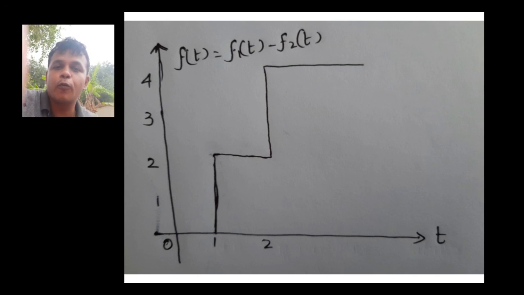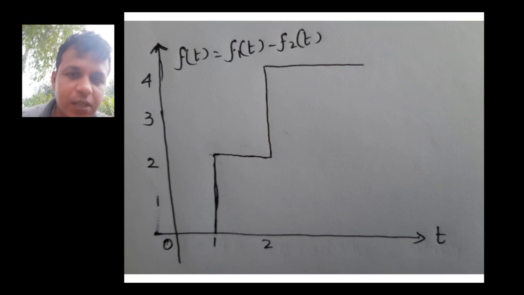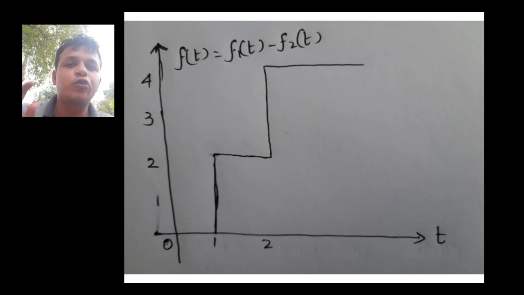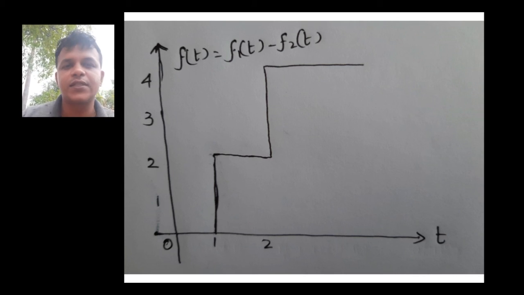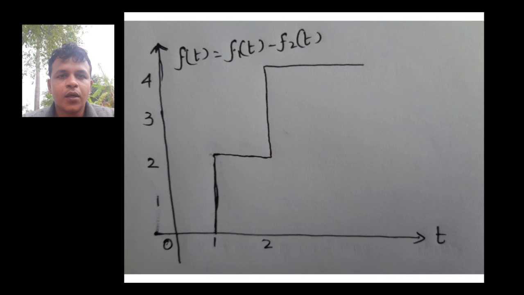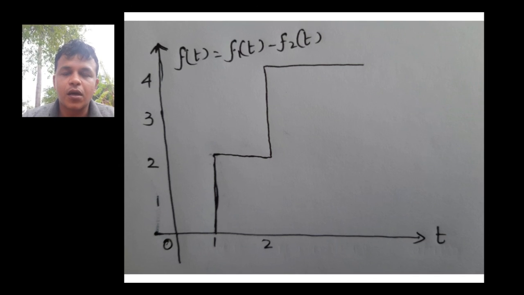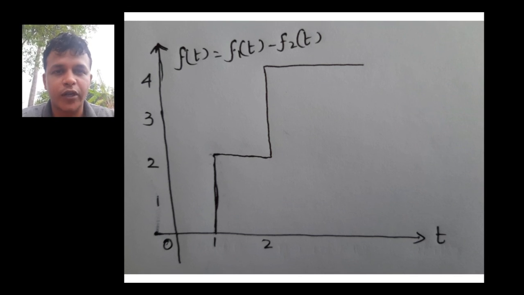So this is how we subtract one signal from another signal. It is a simple arithmetic operation, but instead of applying it to numbers, we are applying it to signals. In this manner we can perform arithmetic operations on signals, which means signal manipulation. There are other types of manipulations that can also be performed, like time scaling and time reversing. Those will be discussed in the next question, which was also asked in the same university examination in part B. That will be discussed in the next video, and it is also going to be an important point of discussion.